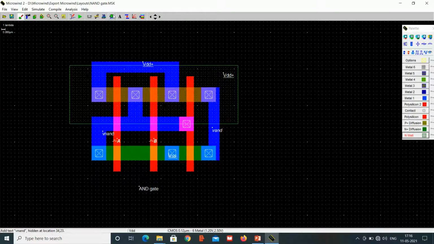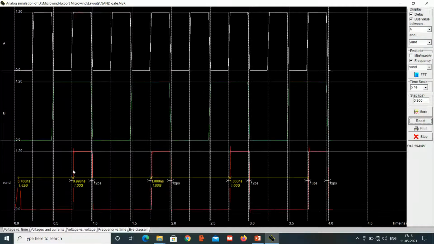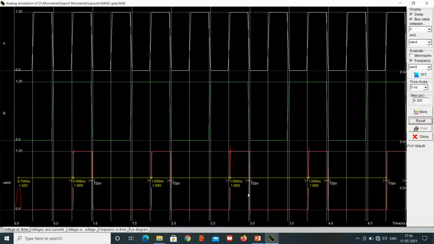Give assign. Now again do the DRC check. No design rule error. Then give the simulation. Now the output is only for the AND gate layout. Power value is there, frequency is there, delay also is there.